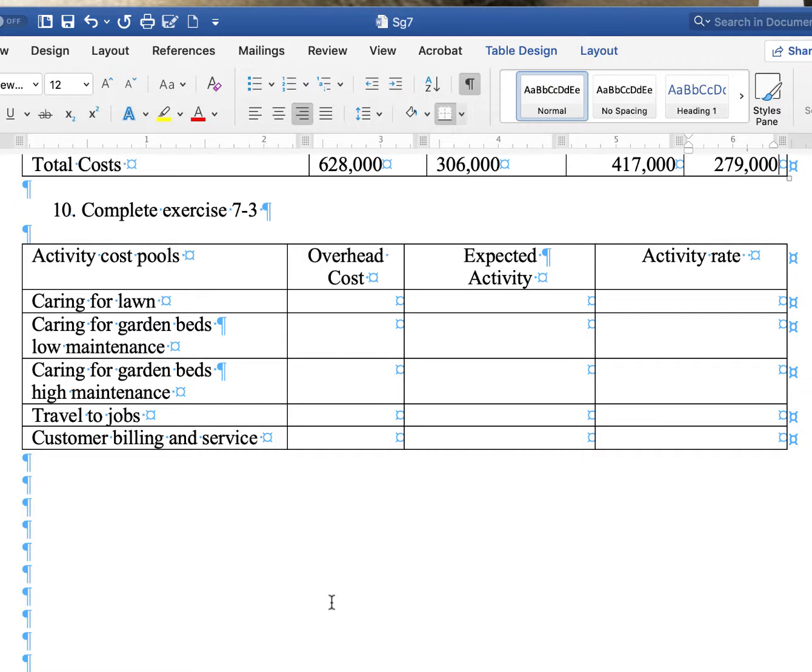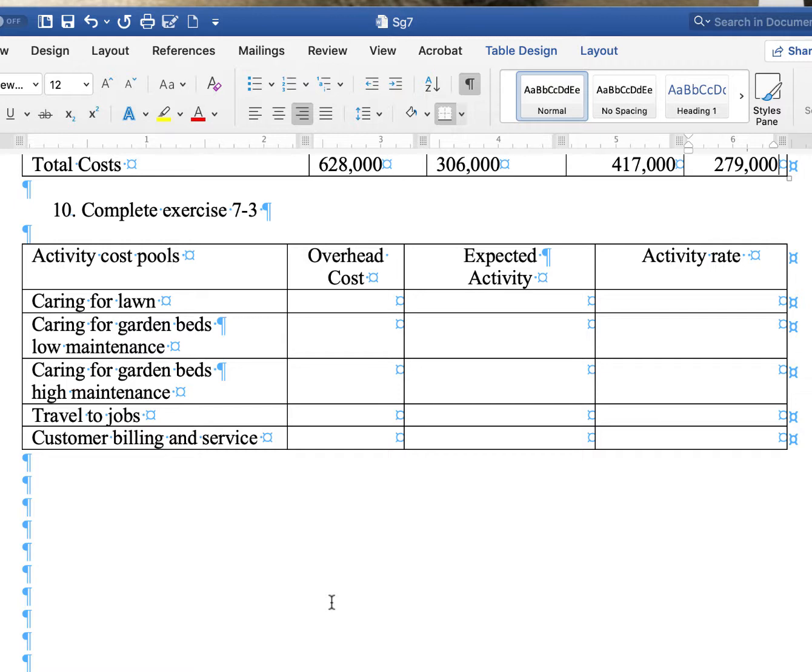So right then and there, because the proprietor believes that costs are driven by four things: size of the customer's lawn, size of the customer's garden bed, distance to travel, and the number of customers,